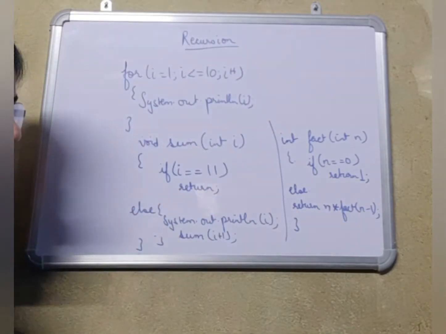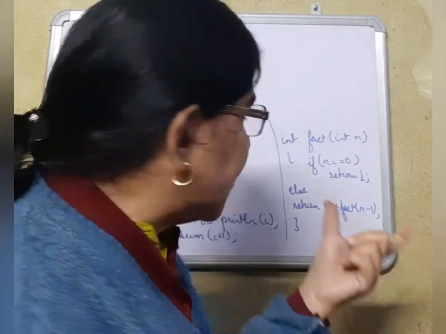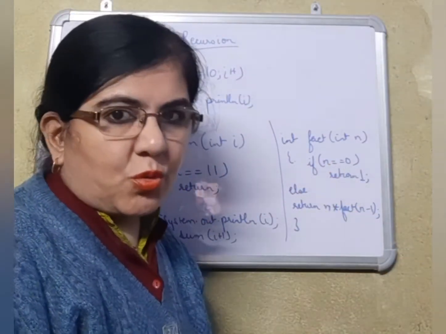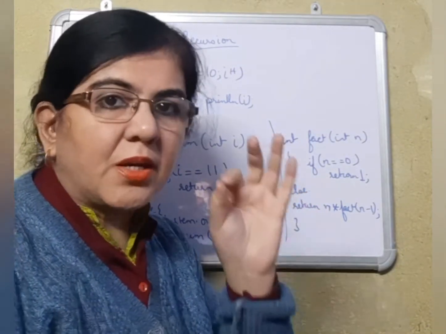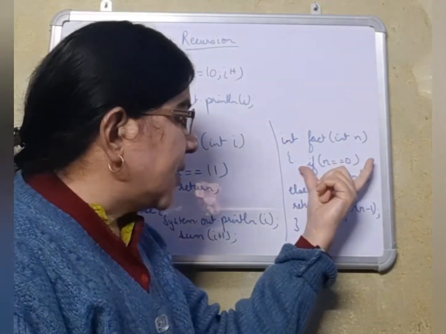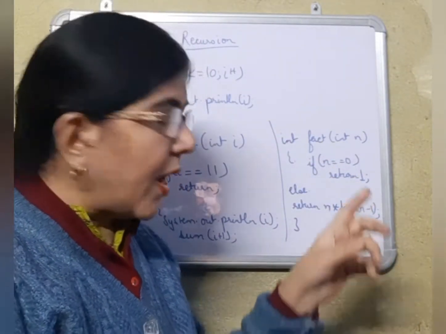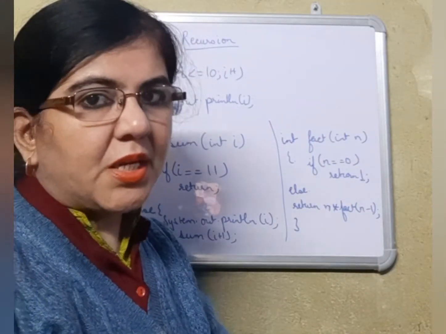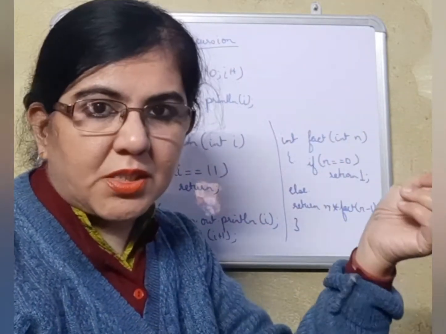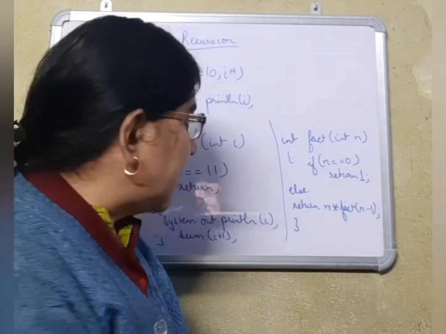Now how does this execute? Suppose this is 5. Let's take an example of a number. If it is 5, 5 is equal to 0? No. It will come to this recursive part. So take care and remember this thing, that this first condition in which the final value return 1 has been written and in which the function is not calling itself is the base case or the terminating case, which will be executed at the last to terminate the function. Otherwise it will come to the else part.